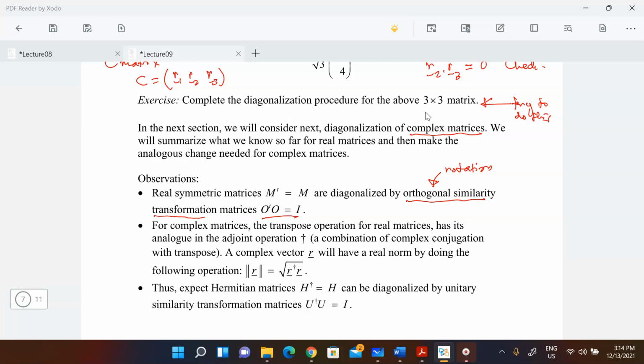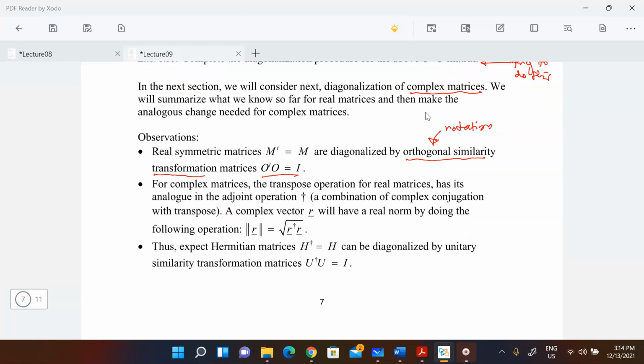And when you generalize to the case of complex matrices, we need something similar. We need some analog of this equation and some analog of this equation. For complex matrices, you don't only have the transpose, you also have the complex conjugate. The combination of the complex conjugate and the transpose is essentially your adjoint operation. And the equation that you need over here is supposed to be something of this type. So to summarize, for complex matrices, the condition for diagonalization is that you have, instead of this one which gives you the symmetric matrix,